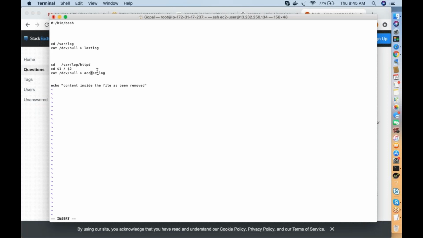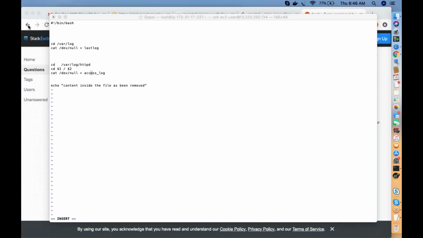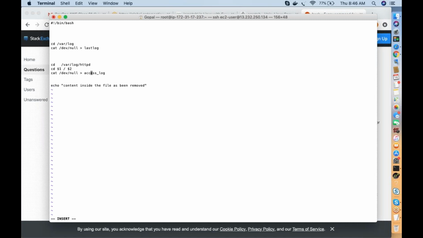Instead of mentioning the file in advance, during the runtime also you can mention it. If you are using the same values again and again, you can replace the values with a variable inside the shell as well. Inside the shell you can define a variable equal to a value, and that variable you can use multiple times in multiple places. Clear? Yeah, Gopal. Okay, so that's how it works in the shell.